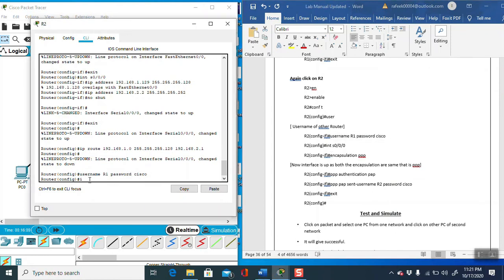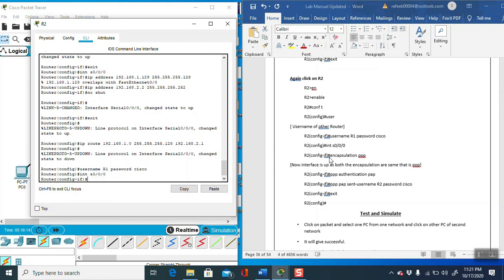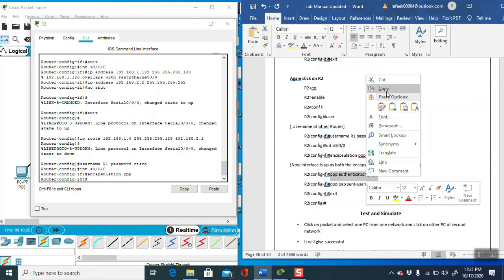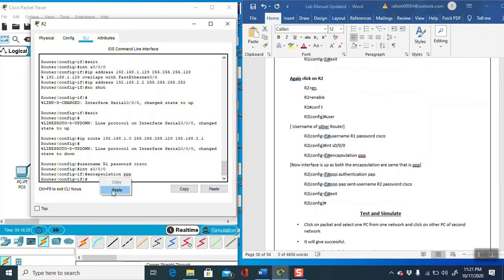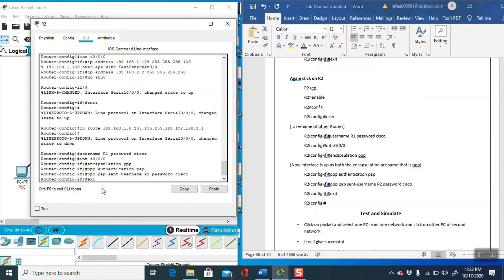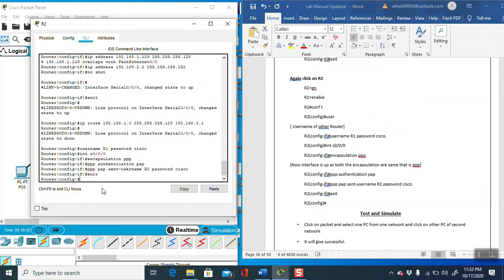Then interface serial 0/0, then encapsulation PPP, then the authentication PAP command. After this, paste it. Now we have finished all the configuration regarding PPP with PAP.